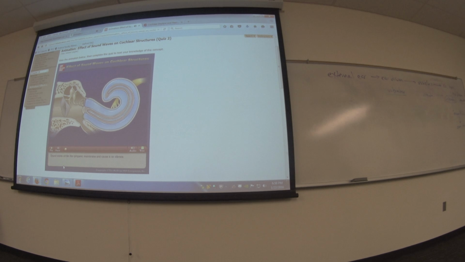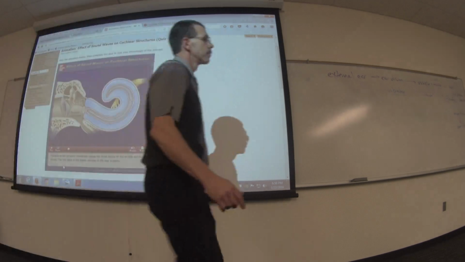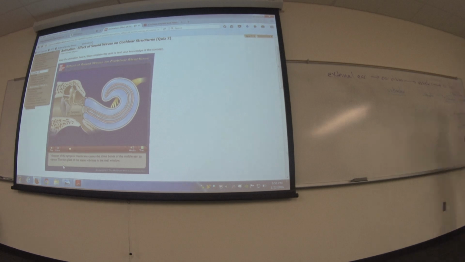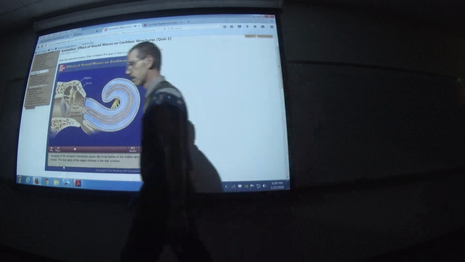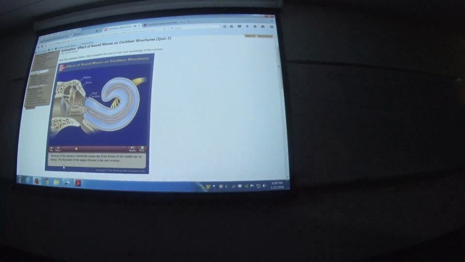Sound waves strike the tympanic membrane and cause it to vibrate. Vibration of the tympanic membrane causes the three bones of the middle ear to vibrate. The footplate of the stapes vibrates in the oval window. Vibration of the footplate causes the perilymph in the scala vestibuli to vibrate, which in turn causes displacement